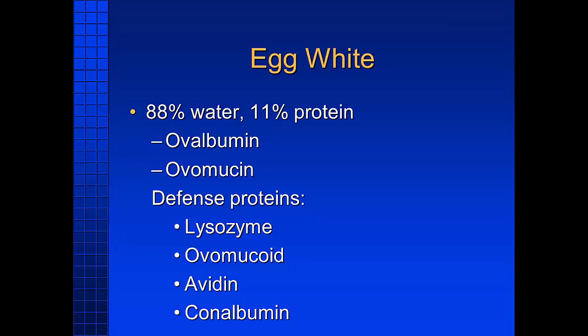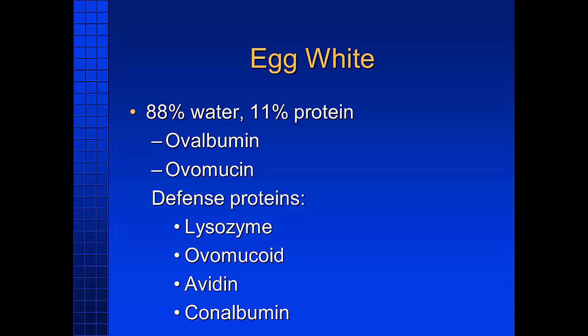Now, eggs are not really designed for human food, to make souffles and custards out of. They're really designed to house developing embryos. And if you think about this, after the egg is laid, if the egg gets fertilized, it's going to be incubated at about 90 degrees Fahrenheit for about 3 weeks. And this temperature is ideal for microbial growth, and eggs are very high in nutrients. But the eggs don't spoil during this 3 weeks at 90 degrees Fahrenheit. They do not spoil because of